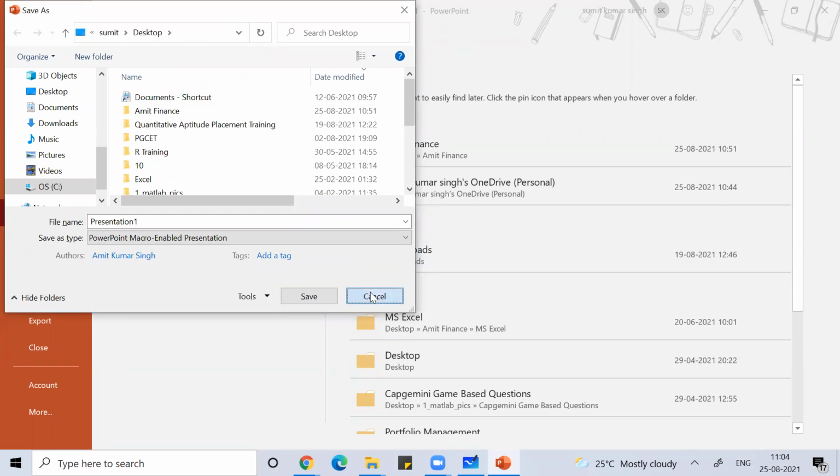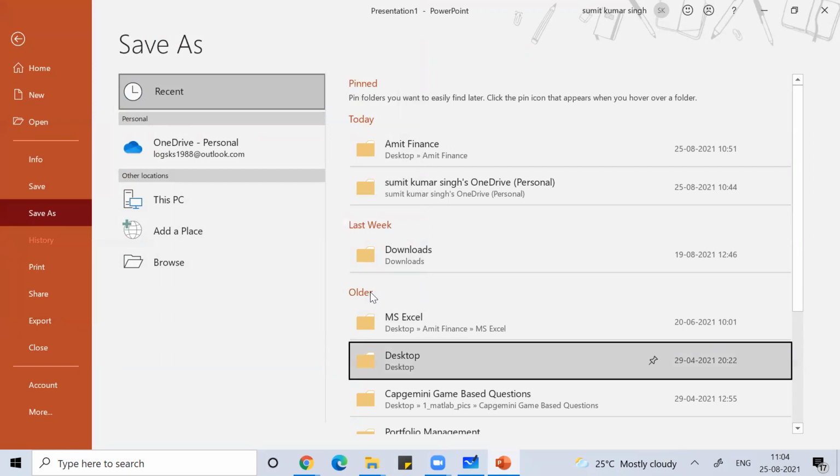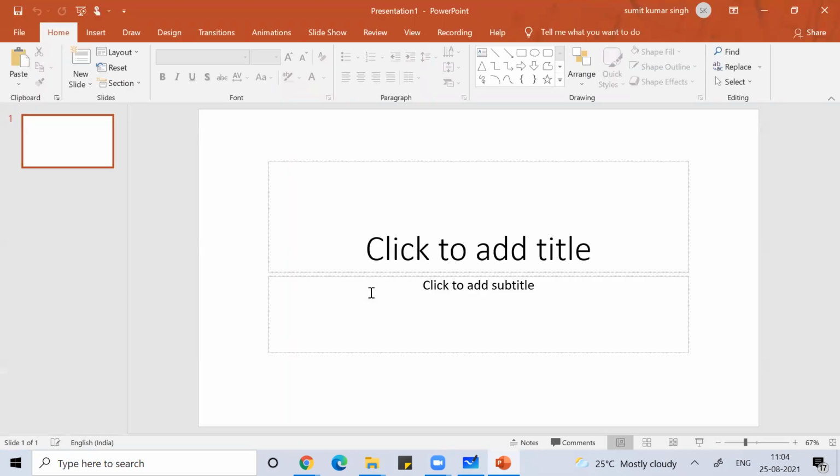Clear everyone? So I gave you enough knowledge about macros, how they work. In the other section we talked about macros. In PowerPoint we will not discuss macros more because we are going through the basic sessions. When we do advanced sessions on PowerPoint, there we'll discuss macros. I hope you understood whatever I did so far.